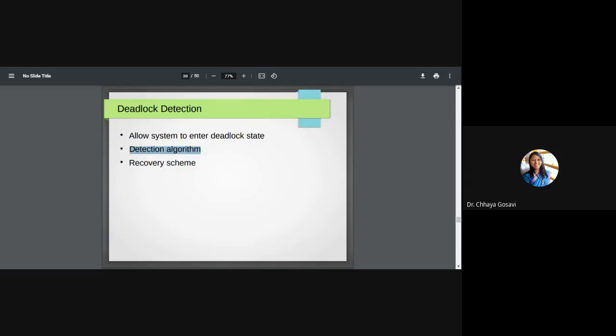This algorithm is executed periodically to check whether there is a cycle, a deadlock, and if yes, then we have to find out how to recover from the deadlock. So first, without any checking, just grant the request, periodically check whether the system is in a safe state or not, and if it is in a deadlock state, try to recover from it.